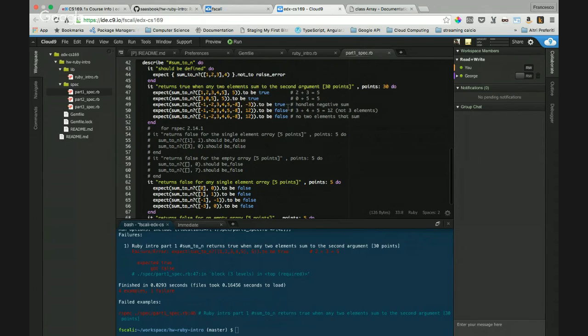Maybe we can use it, but you can try to do a solution, and then we can comment on it. So I'll go for it if you want. Okay. When any two elements sum to the second argument.